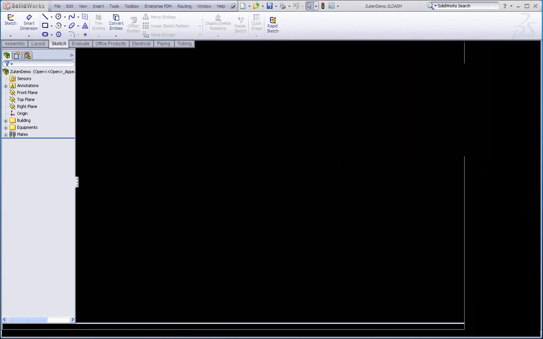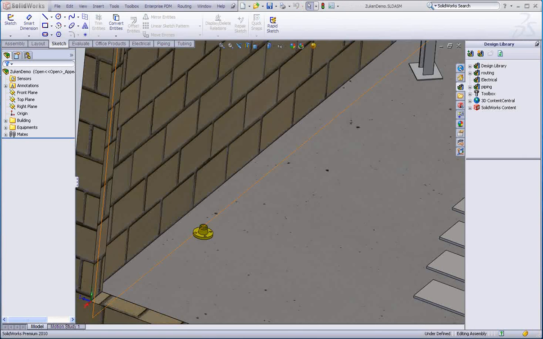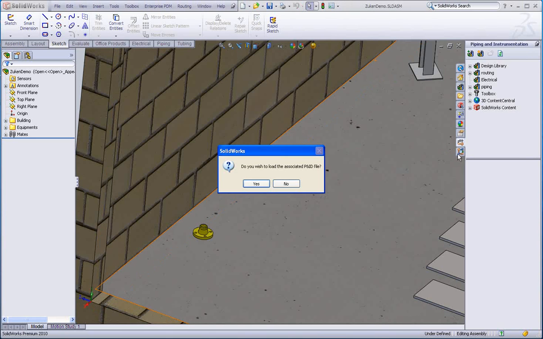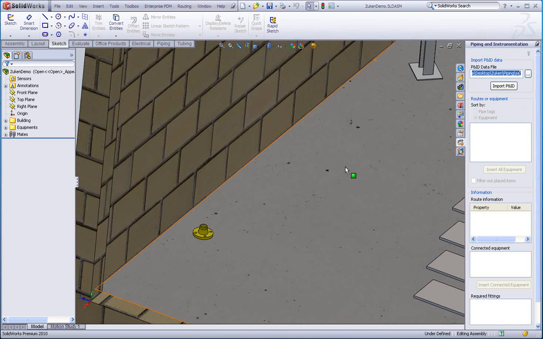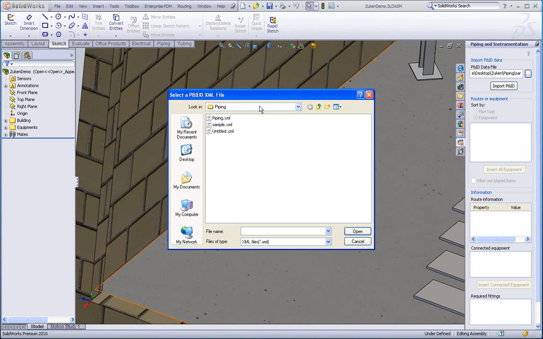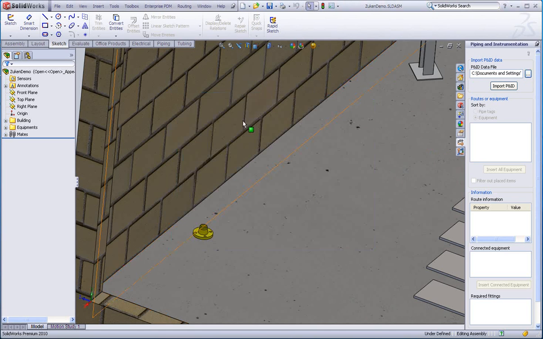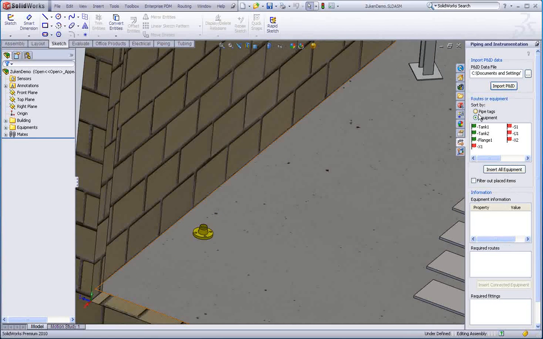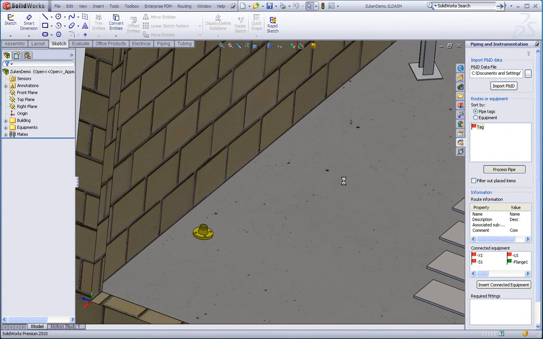So inside SolidWorks we need to have the routing module enabled, and we need to select the PNID, and we can go and browse for the information we just exported, import that data, and here we get the pipe processing of the tags, which is the pipe information, and this then